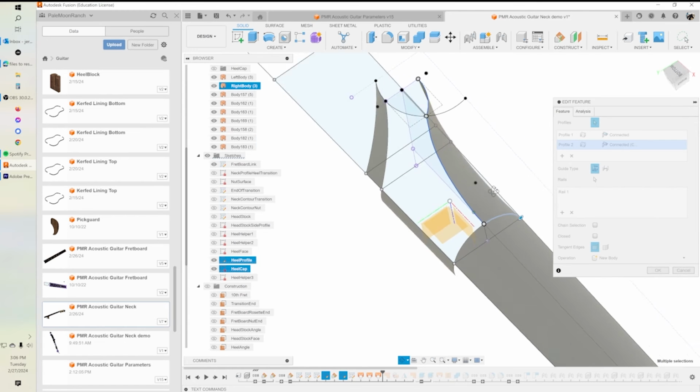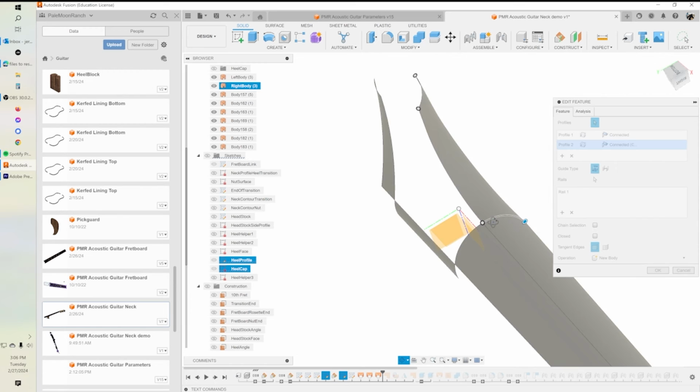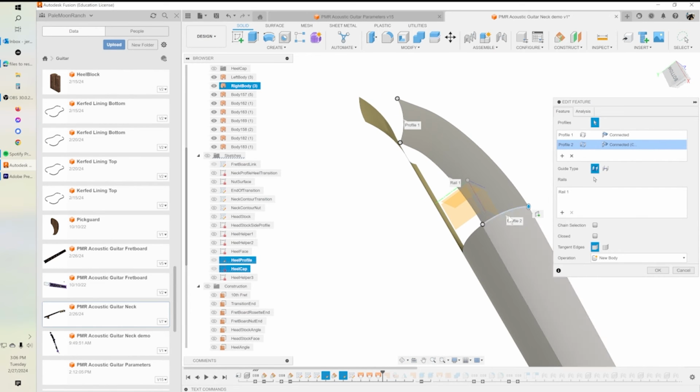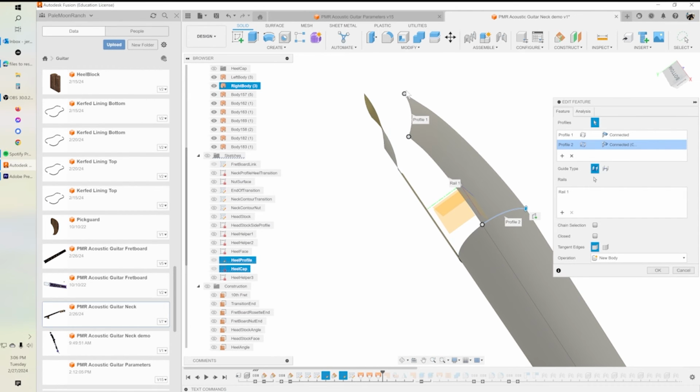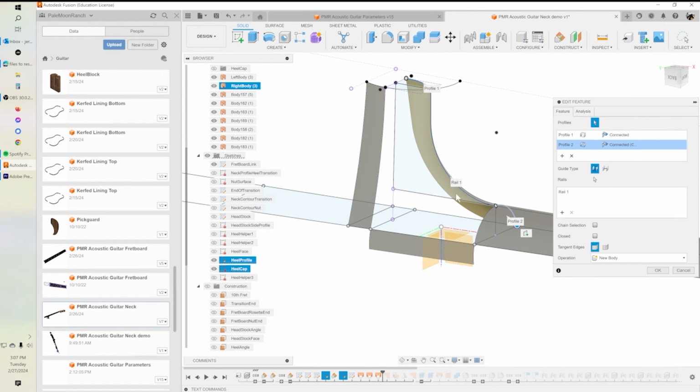Here, we turn off our sketch. We're going to use this surface, not the drawn line, but the body, as profile 1. We're going to use the curve up here at the top, that heel shape, as the top profile, and then we're going to use that line here as a rail. Okay,